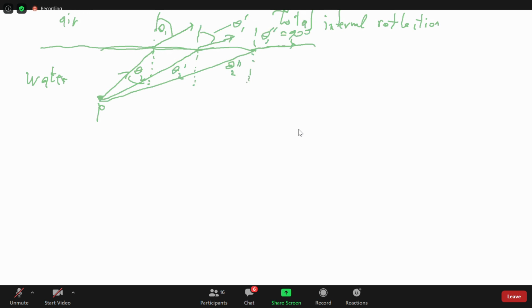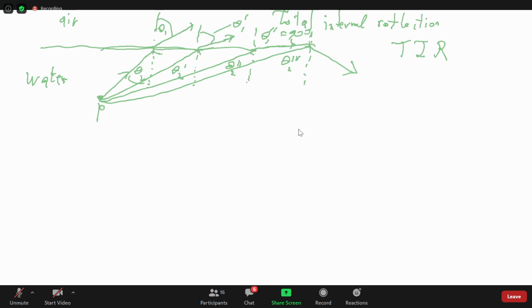Let's keep going, okay? So we have theta 2 triple prime. There's nowhere to go. I mean, you can't go more than 90 degrees, right? So of course, you're always going to get some reflection over here, but you'll get transmission too. Once you've surpassed 90 degrees, you can't get any more transmission, right? That's called total internal reflection,